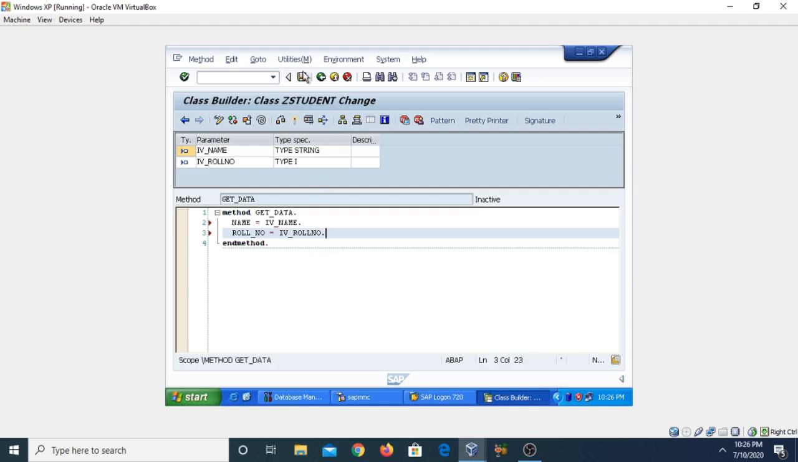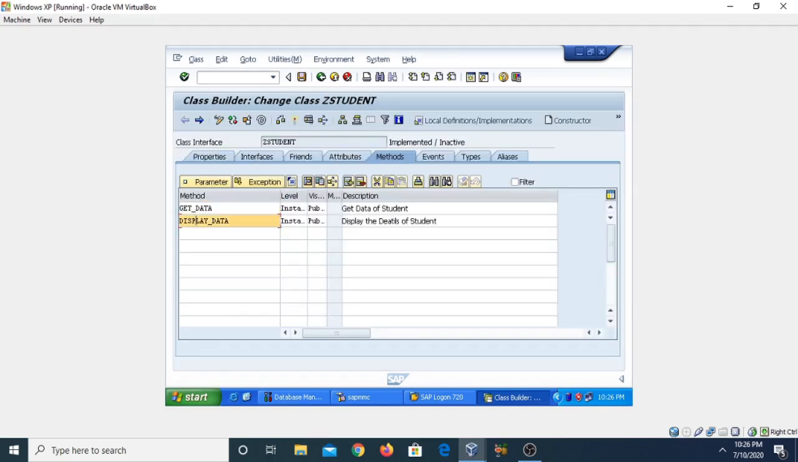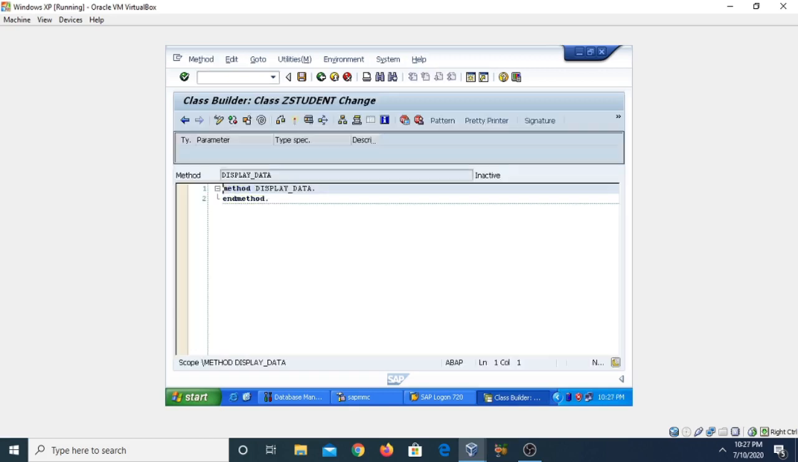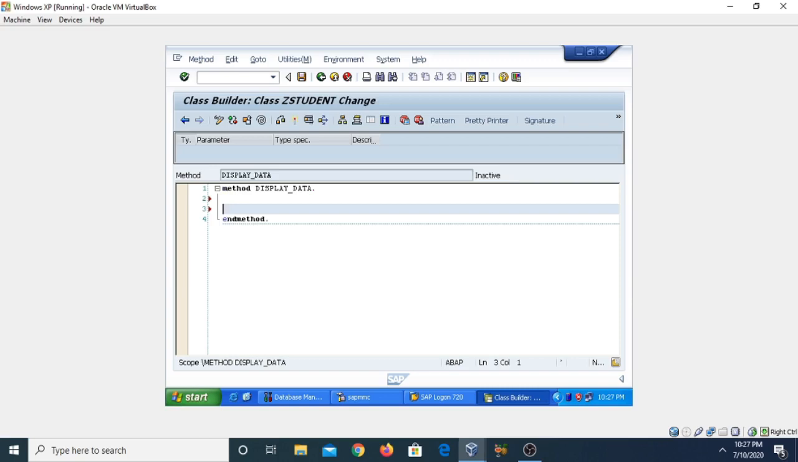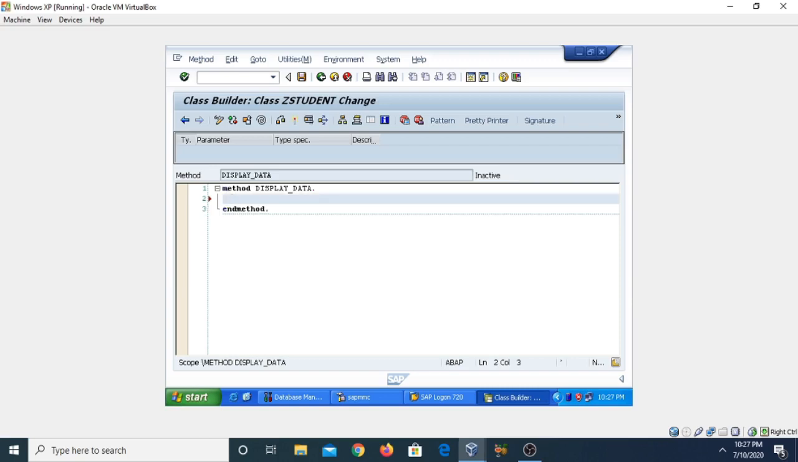Now click on the save button. Now we have defined the method here, get_data. Now go back. We are going to define display_data. Just select the particular method and then source code. In this display_data we can display the values of the name of the student and roll number. So we need to write here write statement. So this is write, and then name of student,